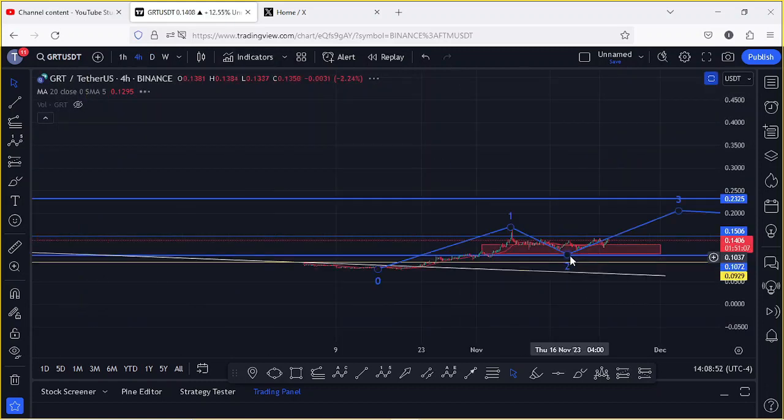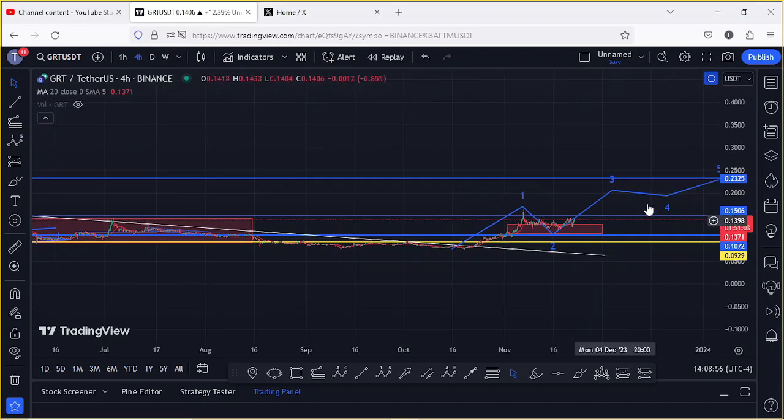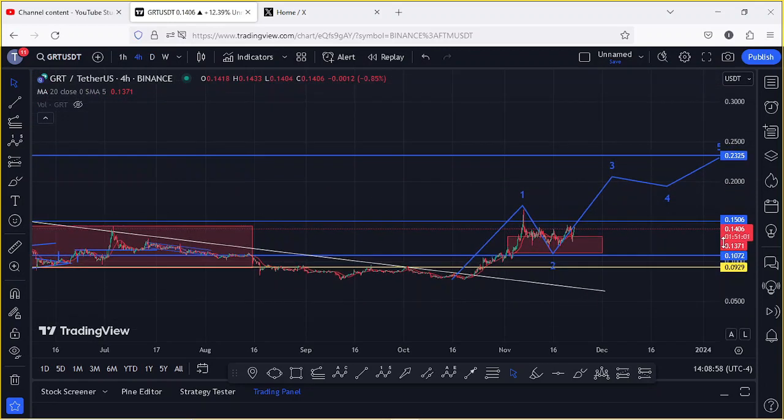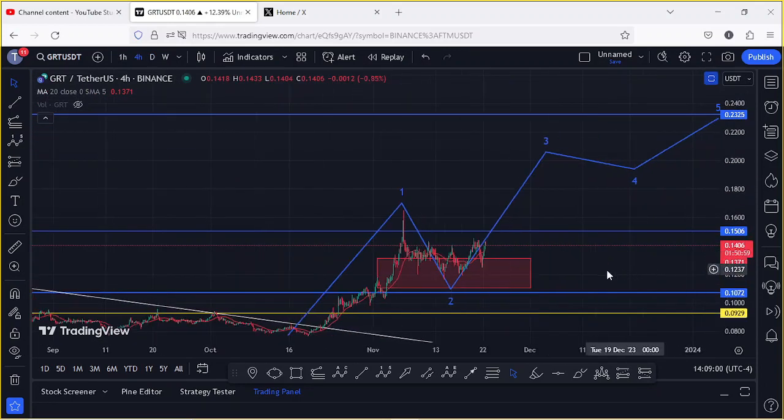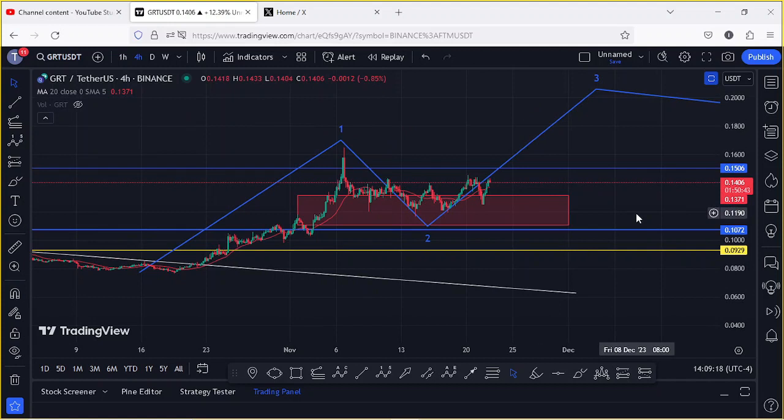So jumping to the 4-hour chart to give you my micro Elliott wave count and my short-term price action in the next coming hours, you can see that basing my analysis on these Elliott wave structures, we have now peaked in the formation of this wave 1, and there are high chances that whatever we are seeing at the moment is still a corrective structure in the formation of this wave 2,